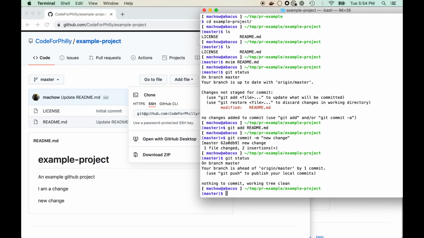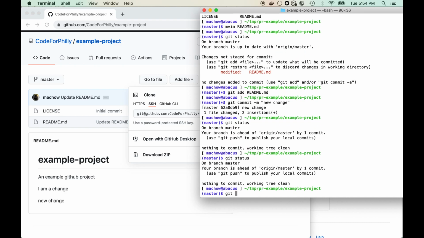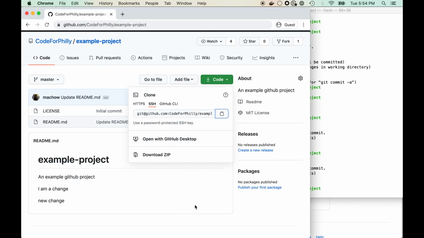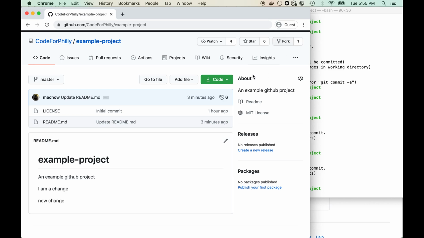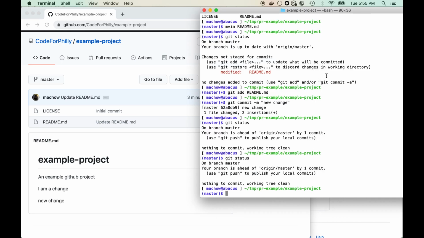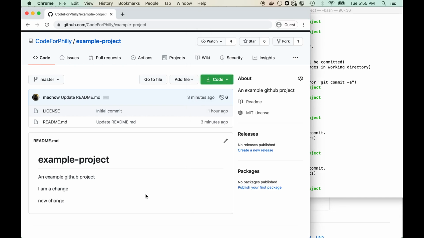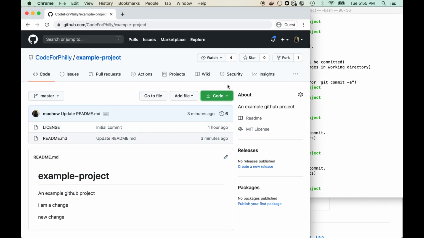So the one trick is that, so this is if I have access to the repo, then I could do git push. The other problem though is that if I don't have access to the repo, again, I'll probably need to do the forking strategy. So I'll actually want to clone my fork and do these changes. Another thing you can do though is